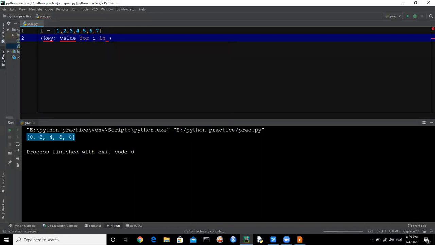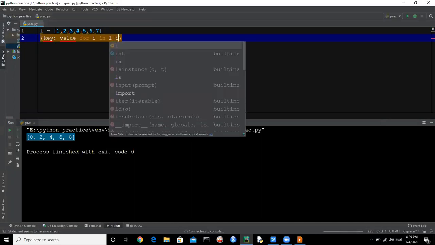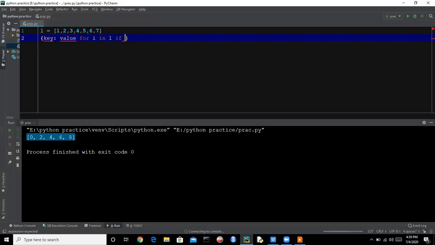We will say for i in L. So if we will write our condition here. After if we write the condition, we will look through it and add our key value pairs like this in the dictionary comprehension.